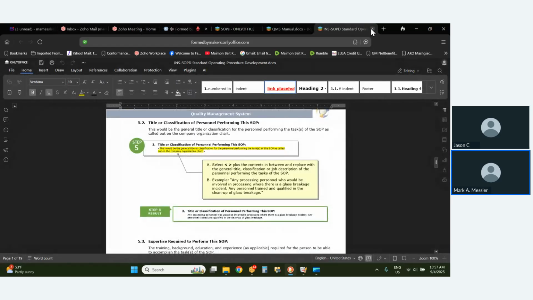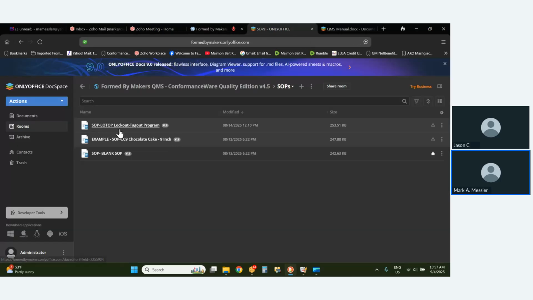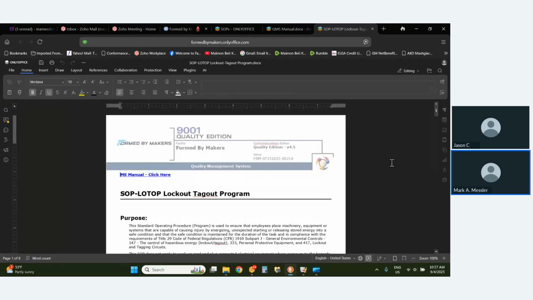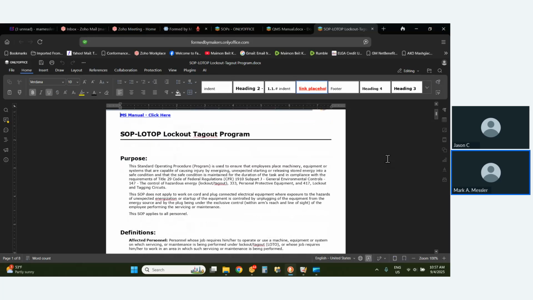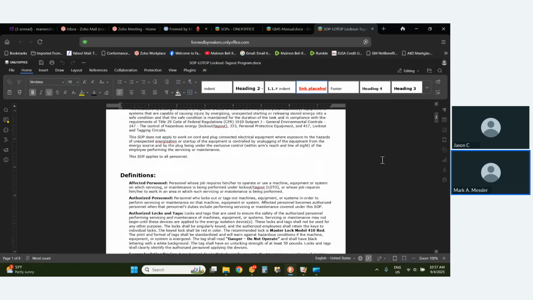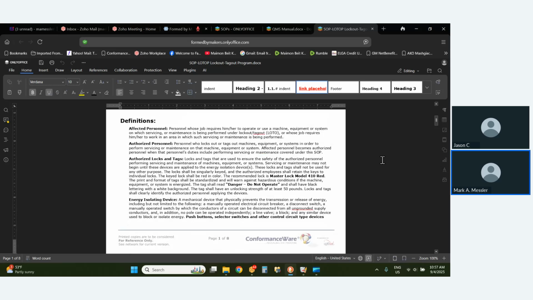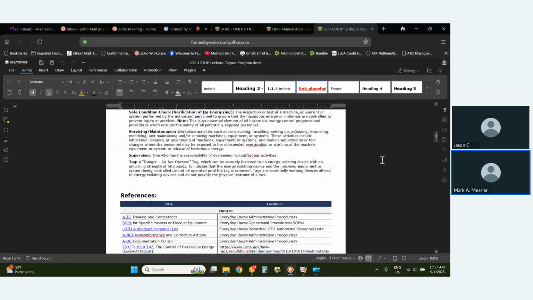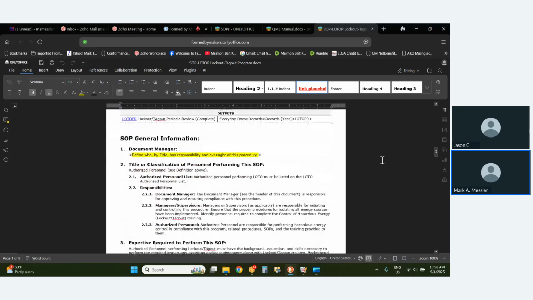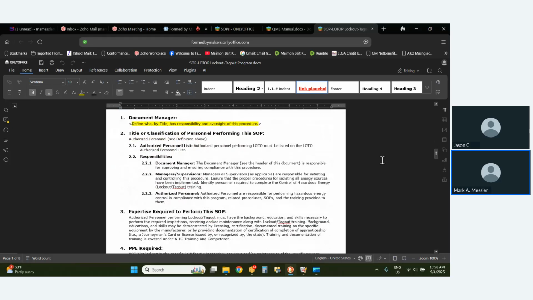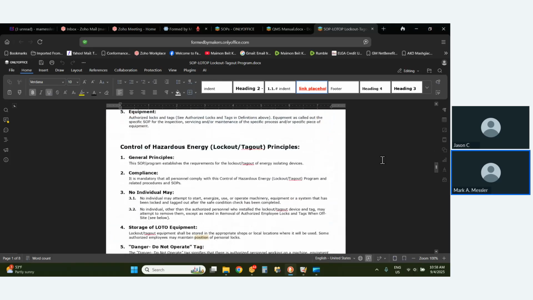Okay, let's go back here to this one. I'll show you the lockout tagout program. This was built right out of the federal statute. We just basically put it into an order that made sense, because the regulation was all over the place. So we just put it into a format that you can actually do. It's all in there, including the